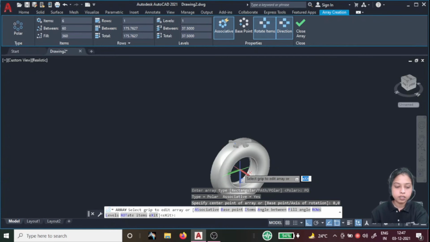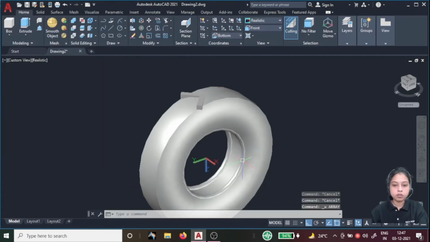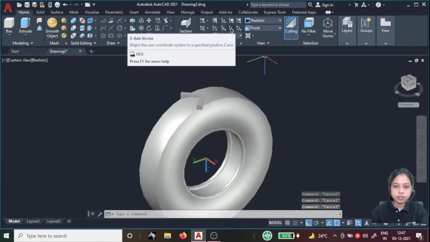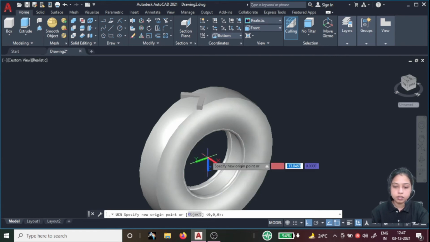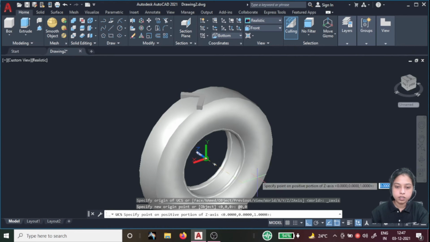By default select this one, press Ctrl Z and zero comma 0, enter and select the Z axis from here.